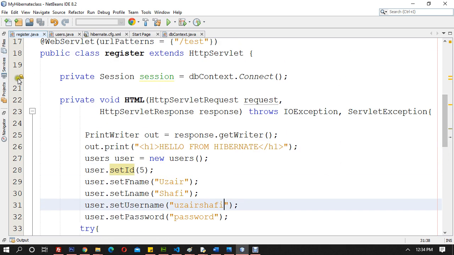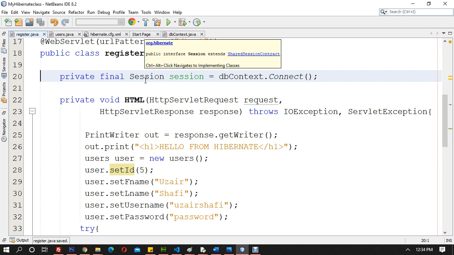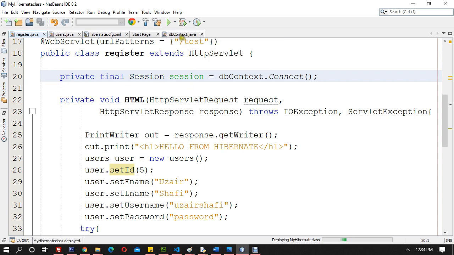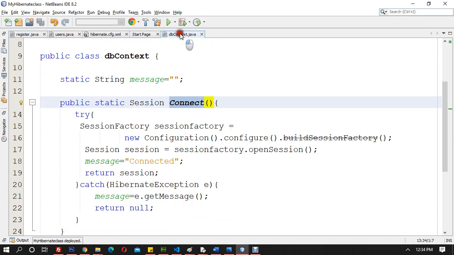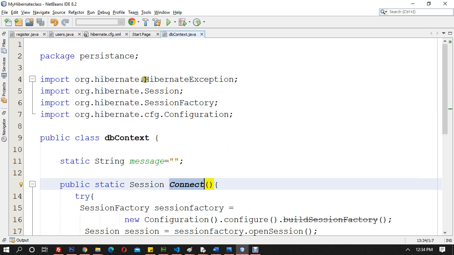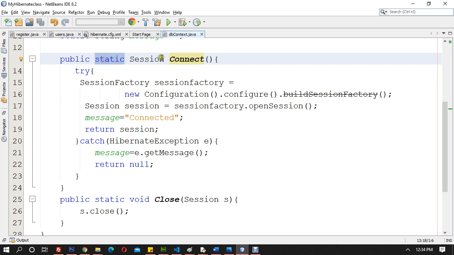Let me make it final, I don't mind making this final as well. And my DB context is here, so we still have a null pointer exception. Let me see what went wrong. What are the packages imported? Hibernate. Okay, good. So this is public static session